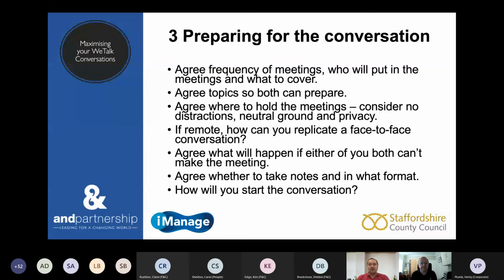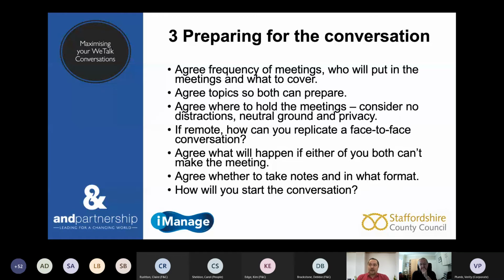So thanks, Dave. Dave covered the being side of the model. I think they're all equal, really. I think there's an importance to all five on the model. But what I'd like to focus on for the last part of the webinar is the doing elements, and then moving on to feedback, both giving feedback, but also, equally important, receiving feedback as a leader. I think that's a really key part of the WeTalk conversations.